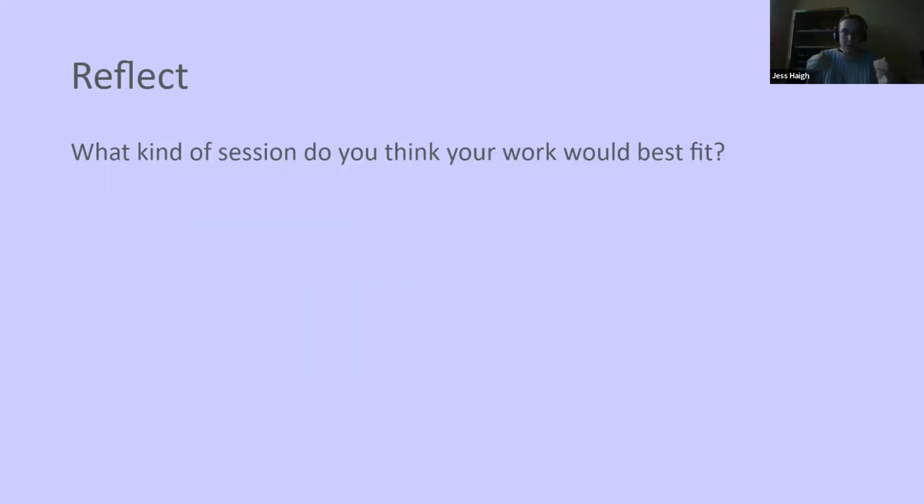The reason that you're wanting to share your work should be to share your work. So it doesn't really matter if it's a poster, if it's a long presentation, if it's a short presentation, if it's part of a Teach Meet. If you are sharing the practice, if you're sharing your work with fellow information professionals, that is the reason that most people want to come to a conference. So have a real think about what kind of session you think your work would best fit within.